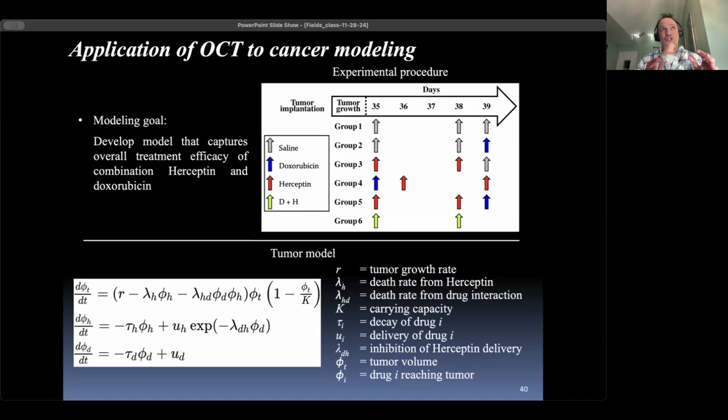I actually left out a whole chunk of this because this wasn't the first model we wrote down. We wrote down like 20 some odd models and then did a model selection. And this is the one that won. So the tumors grow. This was, yes, sorry, this was not my question. Sorry, my question is,